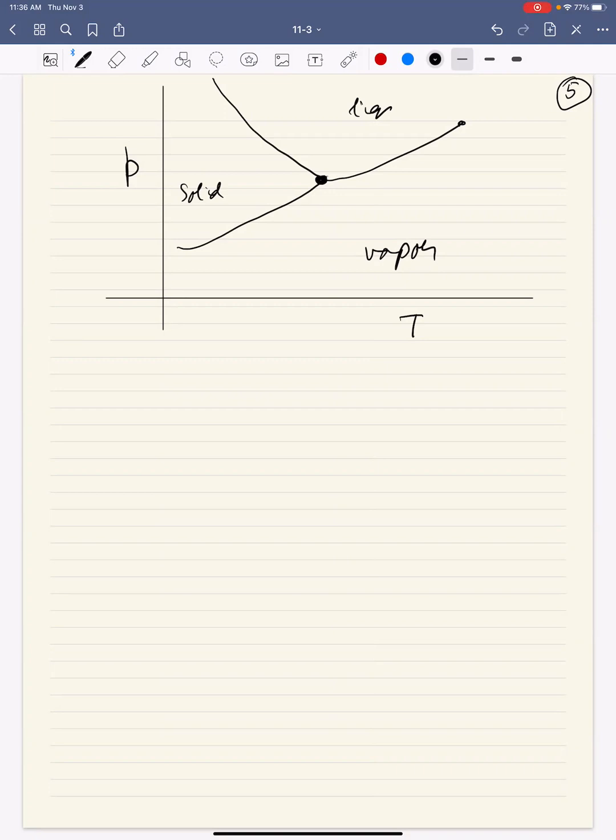Okay, for now, let's just assume that the solid-liquid curve is negative sloping. We'll get to why it is negative sloping in a little bit. But let's assume it is negative sloping. So the way ice skating works is,